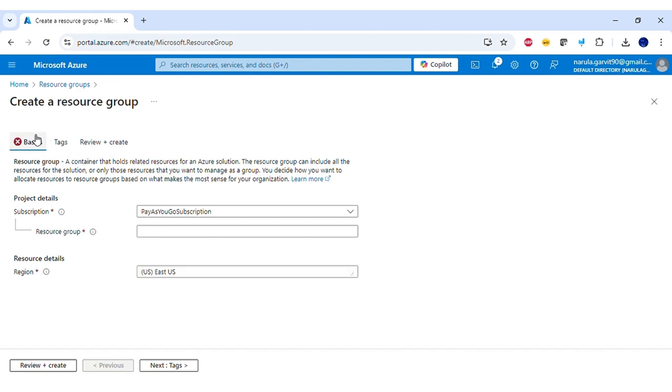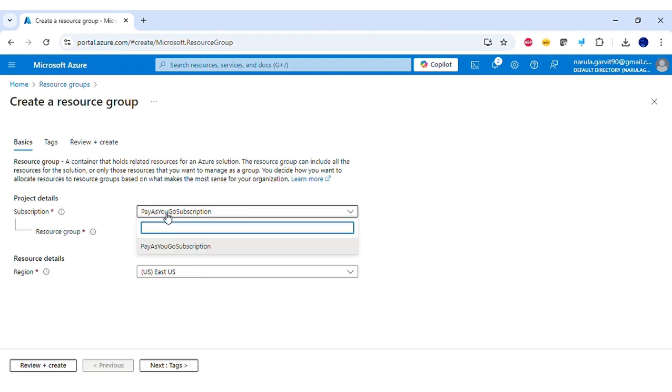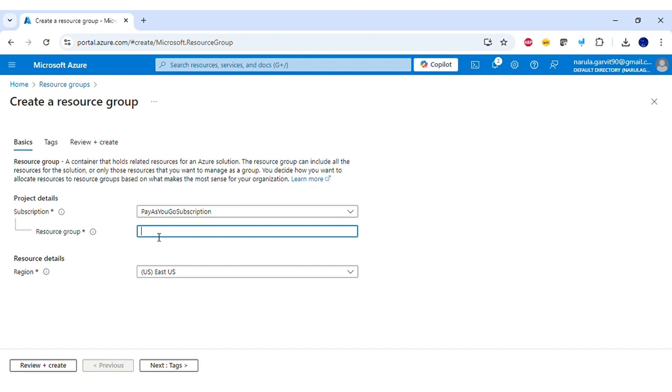As soon as I do that, it will take me to a screen where it lets me select the subscription on which I want to create this service. I have selected the pay as you go subscription because my free trial is already exhausted. But for those who have their free trial in active state, they can click here and they will see an option for free trial and they can select that. Next thing that you have to do is to provide a name for your resource group. So for this series, I want to give a name